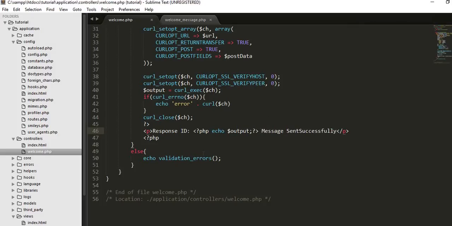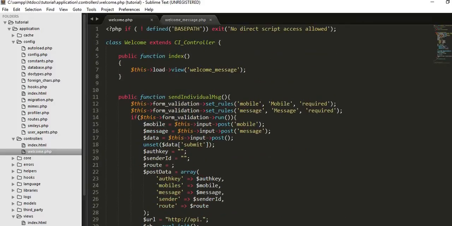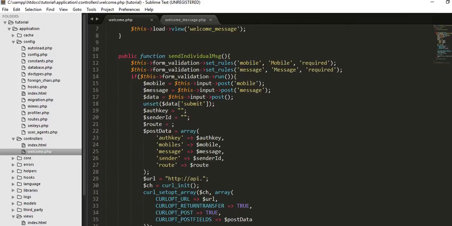Okay, this is all guys. You just need to write all this code in order to send a text message to any mobile. Okay, so